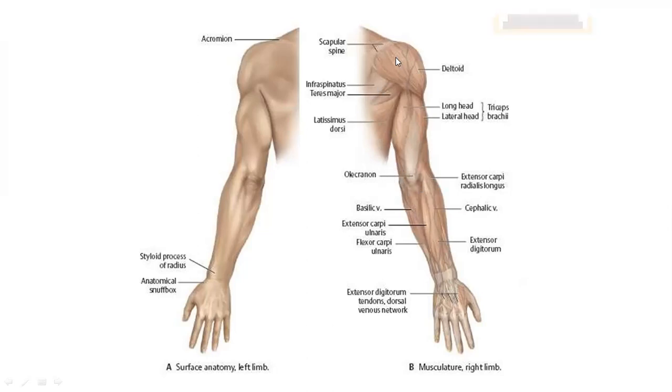Once you finish the back, deltoid, and the posterior aspect of the arm, in the forearm we have the extensor compartment group of muscles, right? So if you start from the lateral to medial side, if you remember, we have extensor carpi radialis longus and brevis, right? Then we have extensor digitorum, then extensor carpi ulnaris. Peeping from the anterior compartment, we also find part of flexor carpi ulnaris. Extensor digitorum will split into four tendons, we know that.